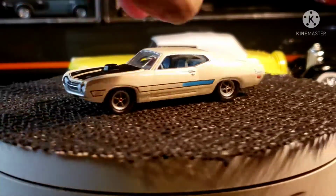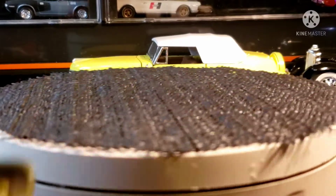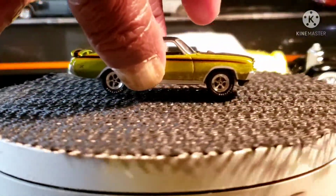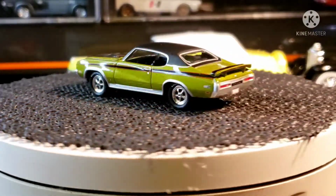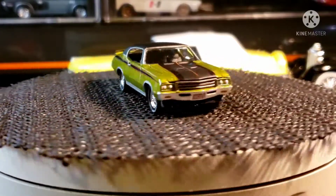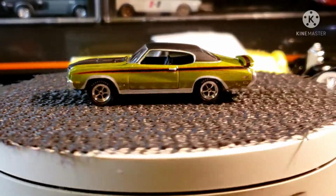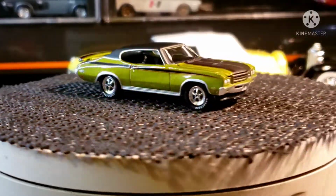All right, guys. So next, we have the Buick GSX. I'm trying to just make it as quick as possible for you guys so you can move on,